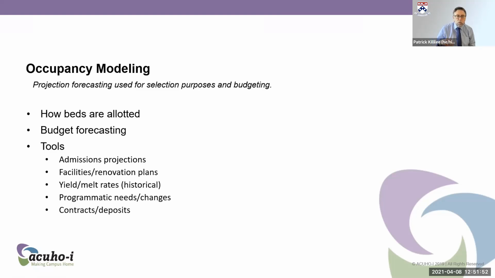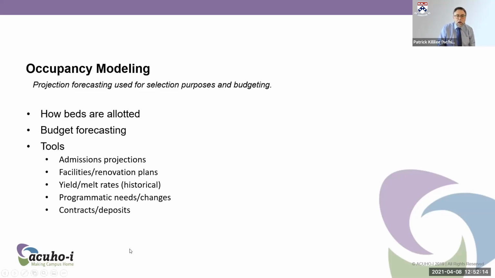So those are all things you want to be part of in the decision making, so that folks making decisions outside of the housing residence life area realize that sometimes that could have an impact on housing occupancy and capacity,